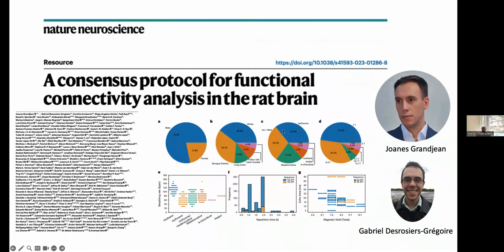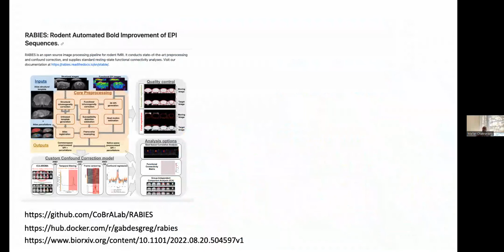But if you just look at what people do in rats, for example, just in terms of anesthesia, you see so many different cocktails that are used in just sedating the mice, so many different field strengths and so on. And so Gabe was tasked at the beginning of his PhD to look at fMRI in mice and how to use it as a tool for scientific investigation. And as he went down that path, what he found was over and over again that there was no standardization in the space. It wasn't clear what data quality looked like.